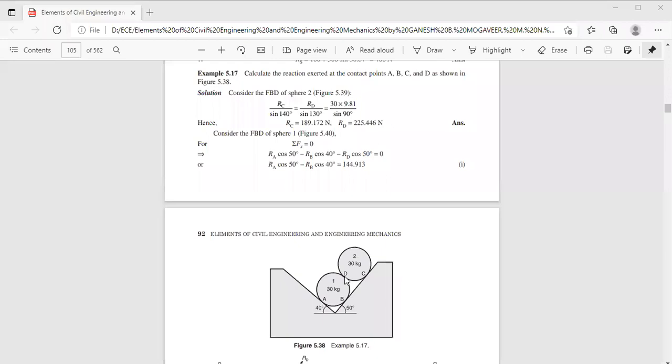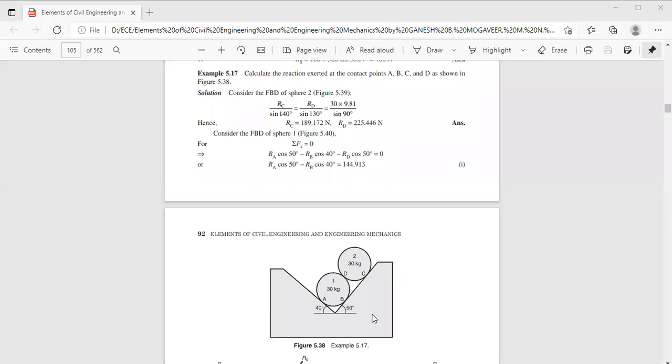So take this problem as an exercise problem. Anyway, tomorrow we have class at 11:40, so again we shall take up the same problem and try to work it out. Try to draw the free body diagram. I'll give a hint. At point A you will have a reaction force like this, RA. If this angle is 40 degrees, the remaining angle is 50 degrees. It makes an angle of 50 degrees with respect to the horizontal axis. At point B you have a reaction force like this, and this angle is 40 because this is 50.